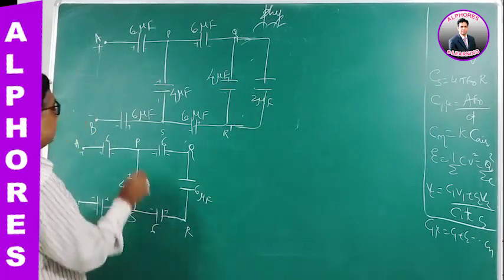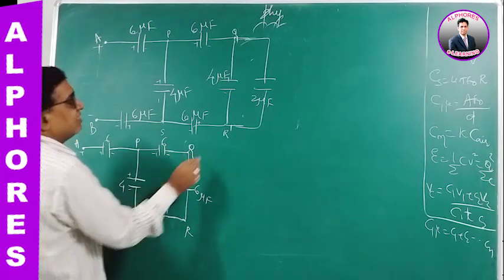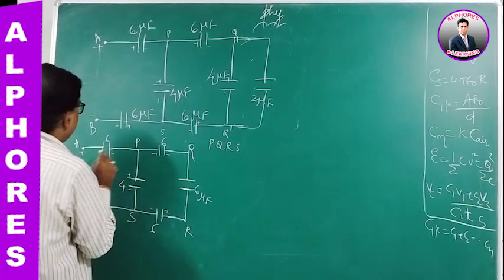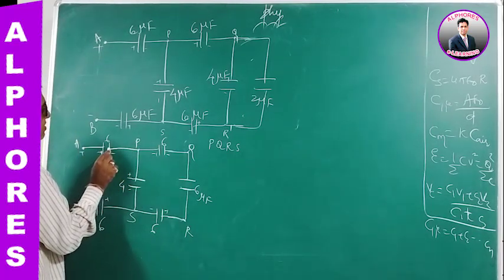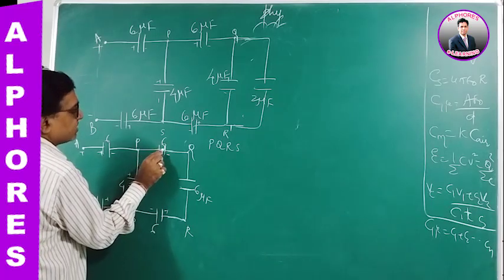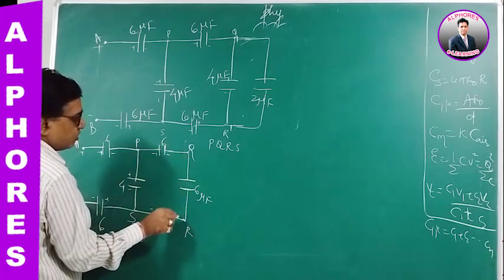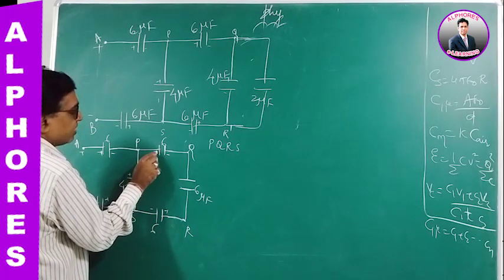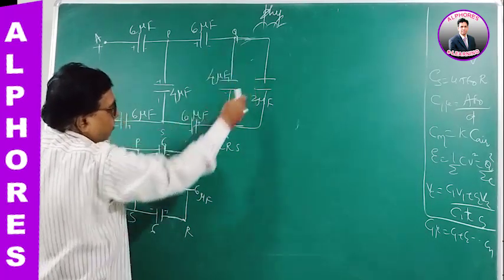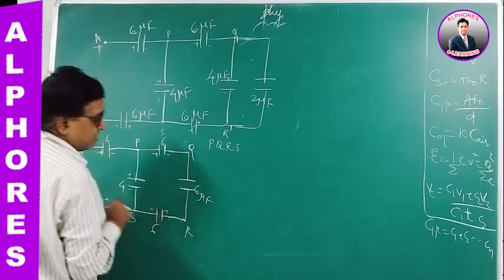Now again, coming to PQRS. From the loop PQRS, suppose the charge comes here, plus minus, it comes here, it splits, comes here. So whatever charge flows through this has to flow through this and through this. So the same charge, because there is no other path from here. Because the path is now simplified.